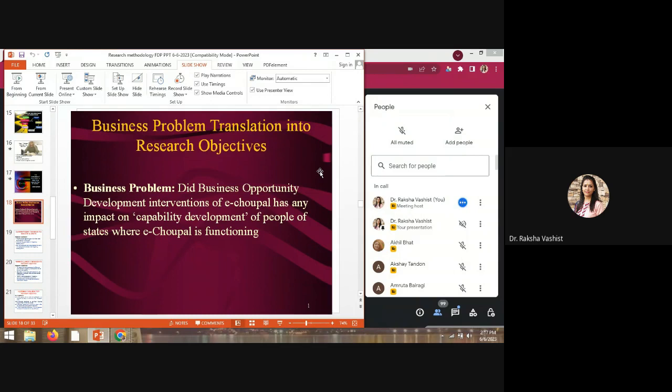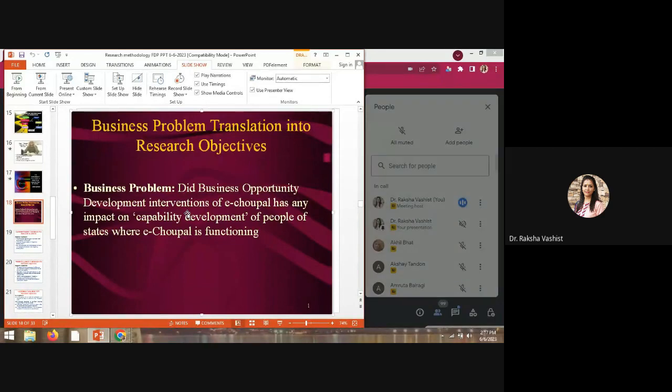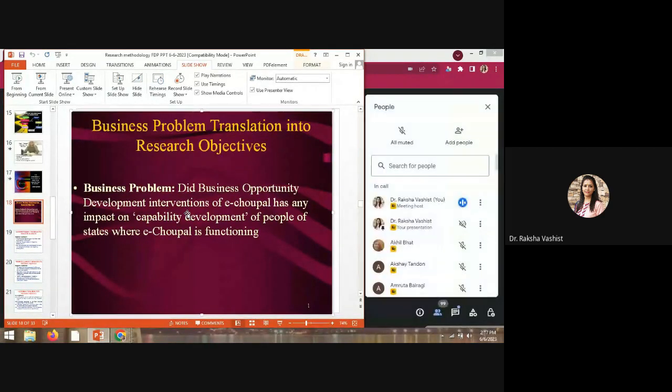So in terms of variables, the first variable is business opportunity development activities. This is our first variable. Capability development is our second variable, second construct, right? So we have to find out the association in the form of impact, right? So for that,